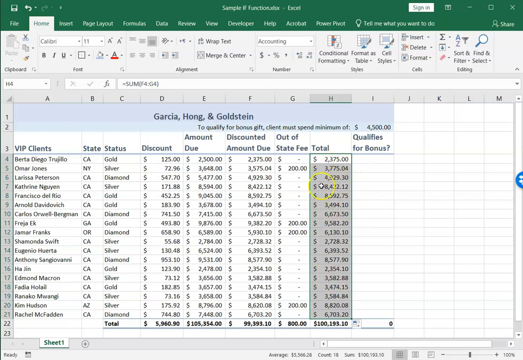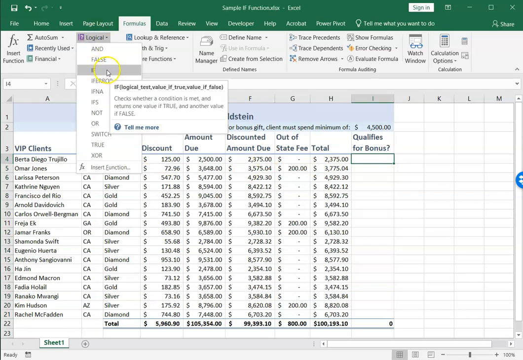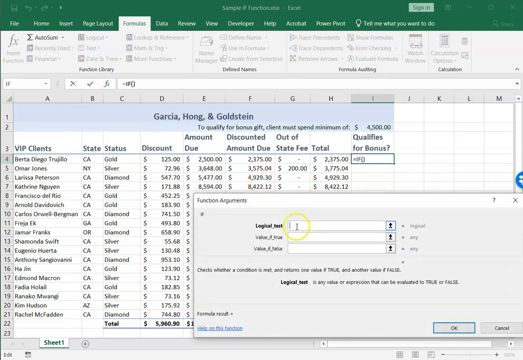And now if they had paid over 4,500, they're going to get a bonus gift. So I'm going to create another if function. I'm going to head over here, and because I only have two options, either they get it or they don't, I'm going to create an if function here. And again, my test is if this cell is greater than or equal to